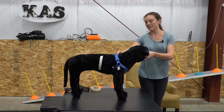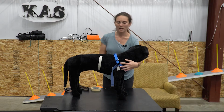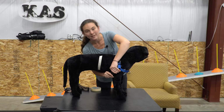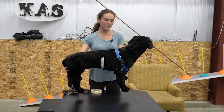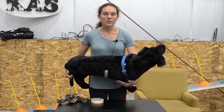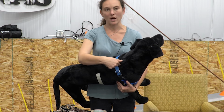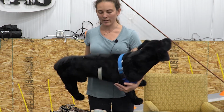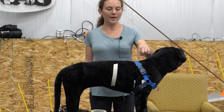The other piece that I don't like about these, maybe I should rotate this, hold on. I'm not concerned about that part of it. So, and you can put them on in multiple ways. The other piece that I don't love is this. So if you can see again on the top where I was telling you the withers, basically it's the top point of the shoulder blades where the shoulder blades kind of come together. If you were to pull your shoulder blades back in that point where they kind of meet,